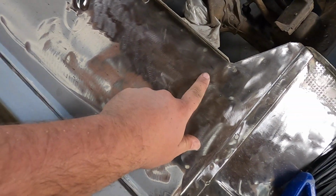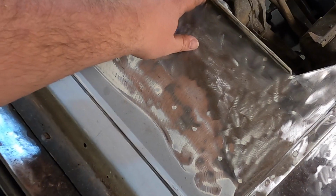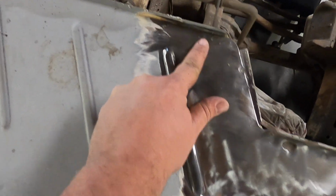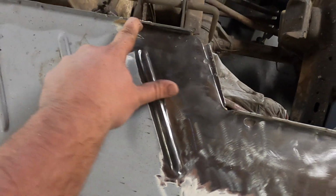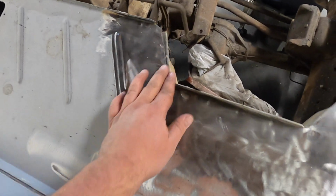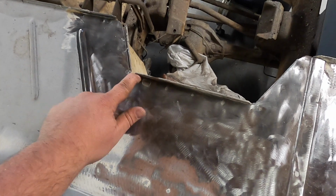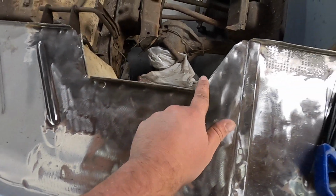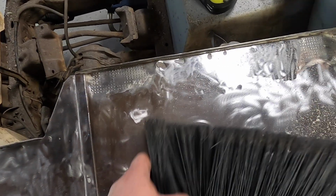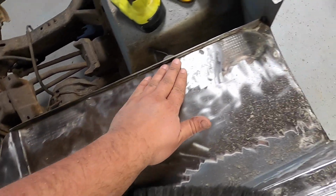There was some rust right here and in this channel. You can kind of see right back here what I'm talking about. This kind of surface rust, but I'll get down there and get that out, and I'll put some body filler or putty or seam sealer back through all this. Not as much. Still don't know what those indentions are for, but